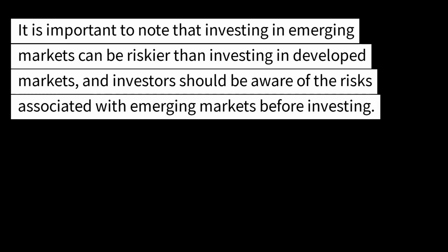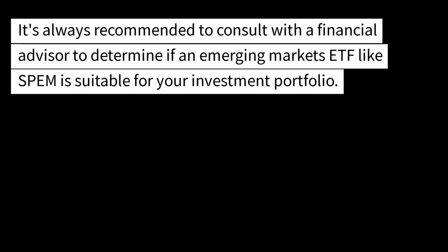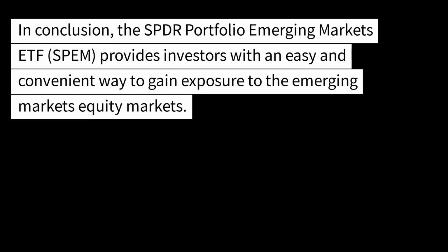It is important to note that investing in emerging markets can be riskier than investing in developed markets, and investors should be aware of the risks associated with emerging markets before investing. It's always recommended to consult with a financial advisor to determine if an emerging markets ETF like SPEM is suitable for your investment portfolio. In conclusion, the SPDR Portfolio Emerging Markets ETF, SPEM, provides investors with an easy and convenient